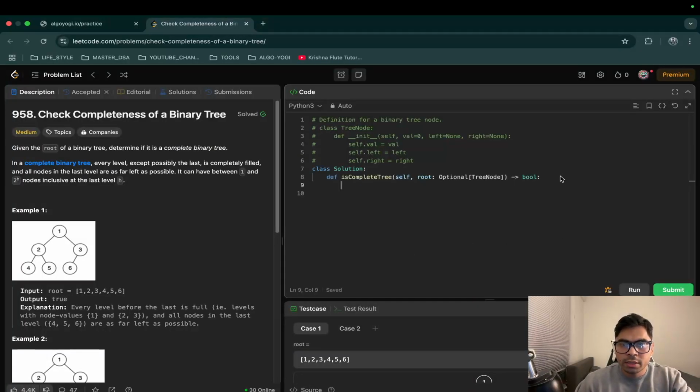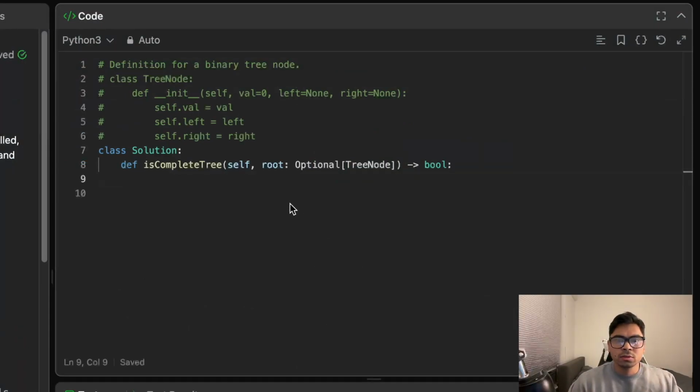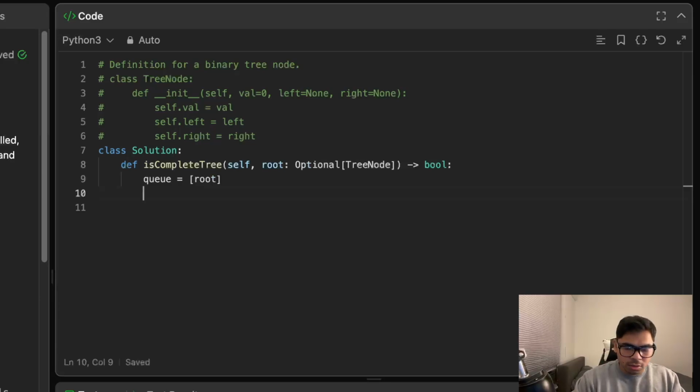Okay, let's write our solution. Let me focus on the editor. So we're going to have a queue. I'm going to use a stack to track the root, so that will be our root. We're going to have a flag to check if we have seen null values between two non-null values. So that will be seen null. Initially that will be false,